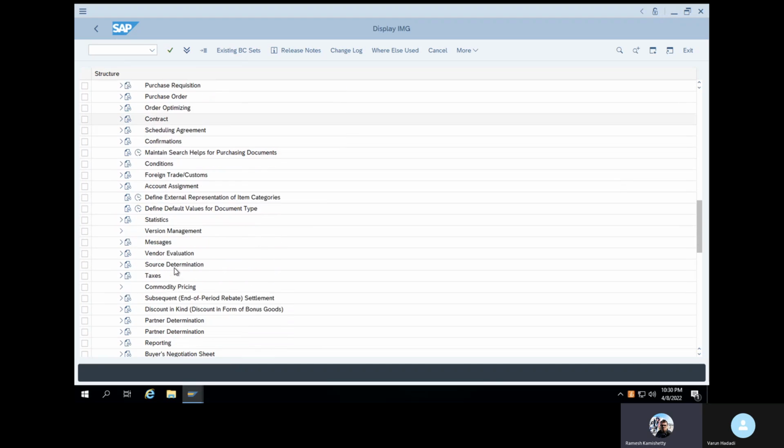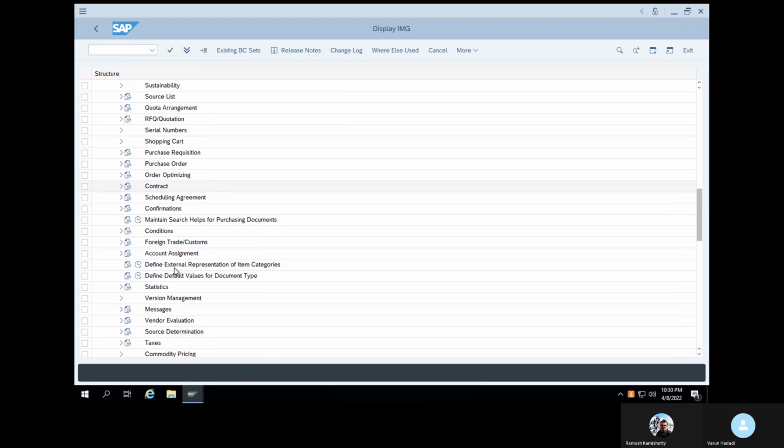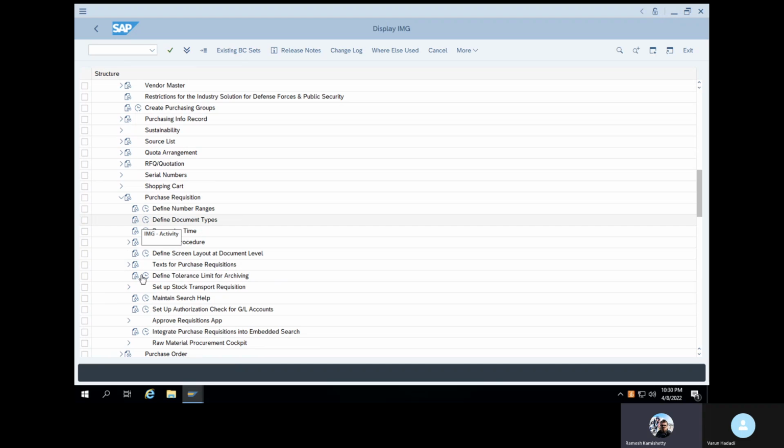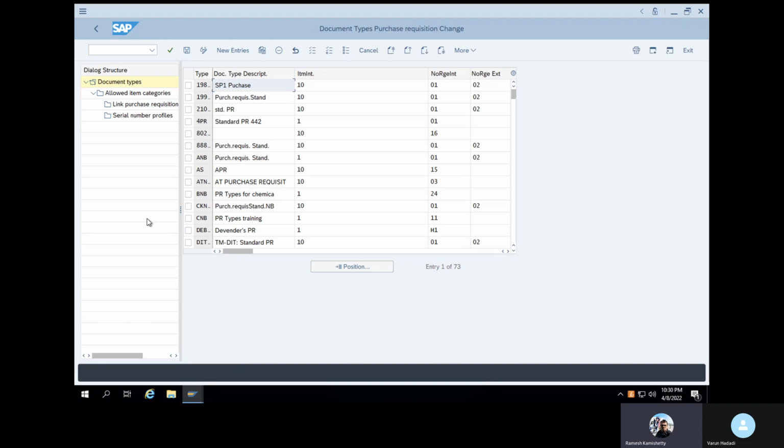Where we are working now, purchase requisition. Yes. And define document... no, define number ranges. You already defined 97. Now click on define document types. Select your VRNB.